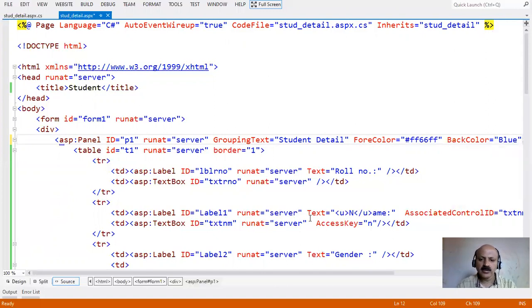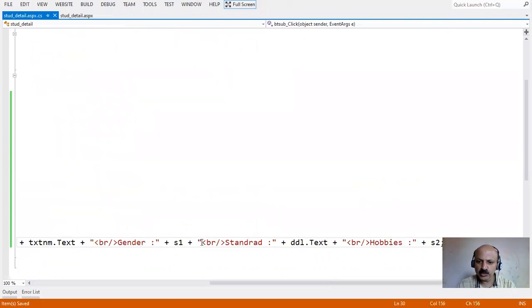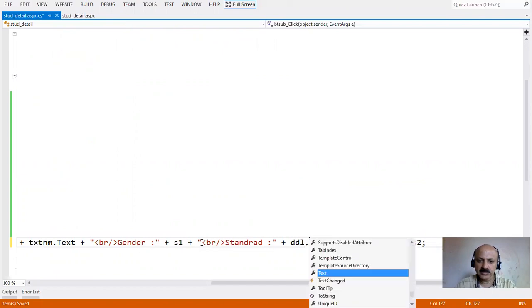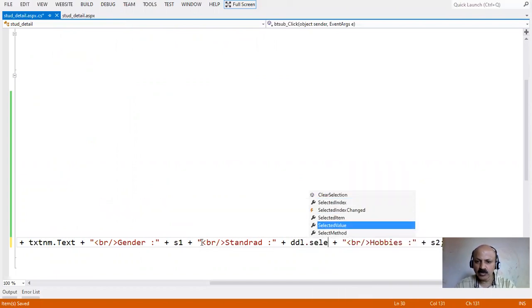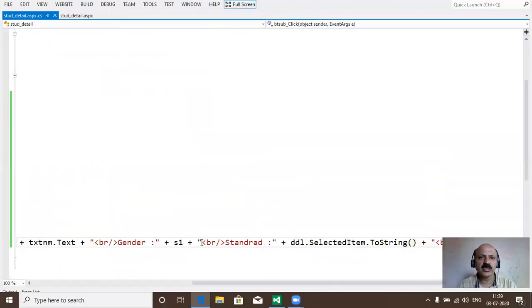Also Control S. One important change in our drop down list: we check another property. We do not supply tags here, but selected item dot toString, which also prints the drop down list box value. Let us check. First Control S, then F5 to run our web page, the shortcut key.